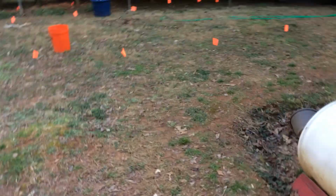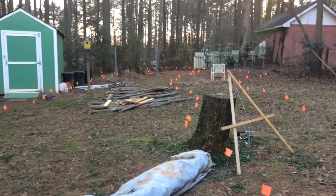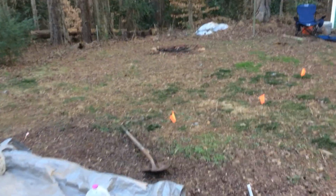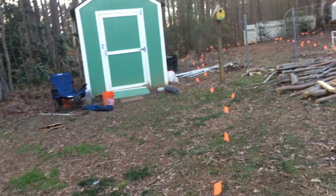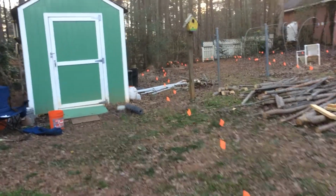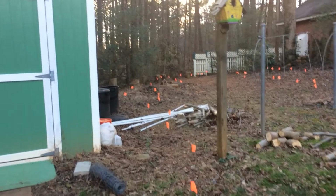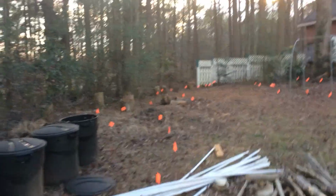There's the end of it, so we'll shoot down the length of this contour line. Let's see it there. And then this contour line, which I stopped right there, goes right by the edge of my shed. And really pretty much follows the back line of my property